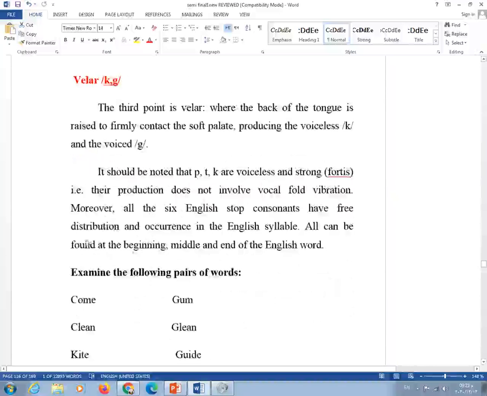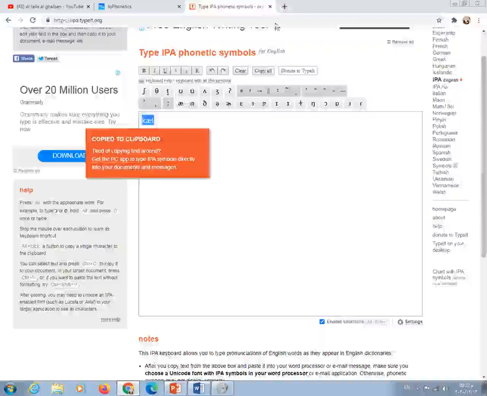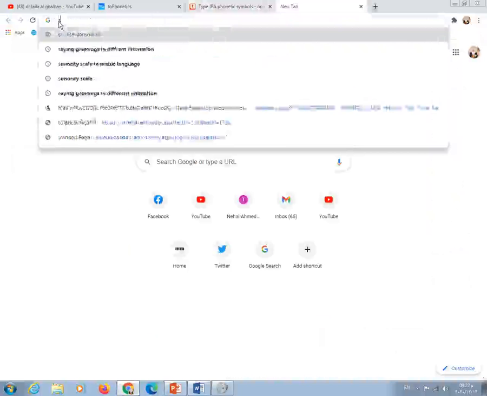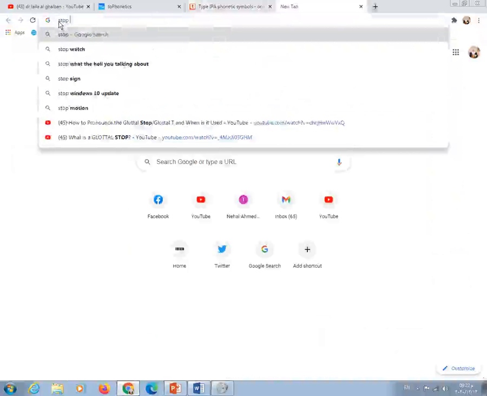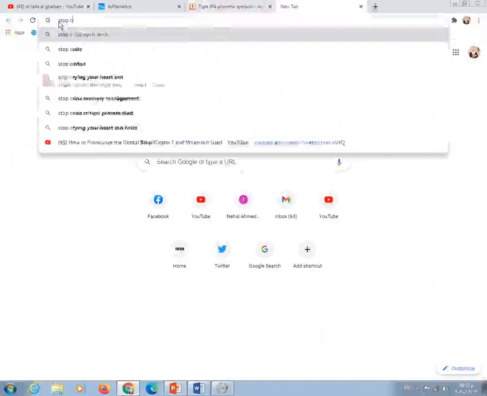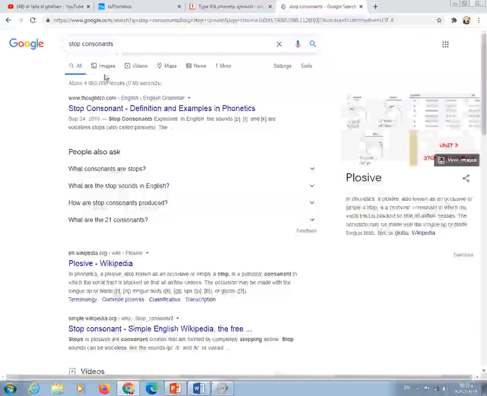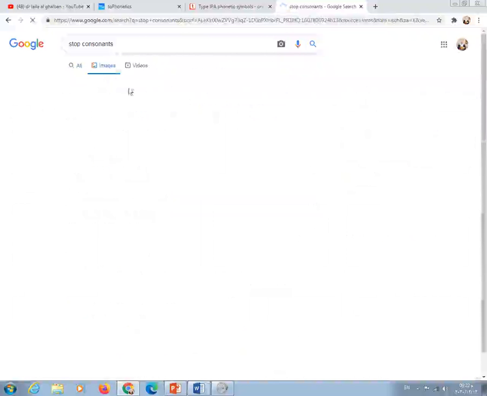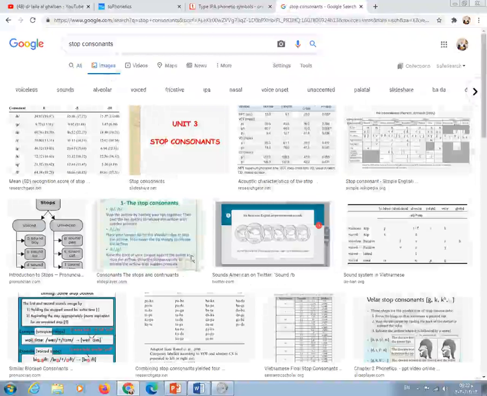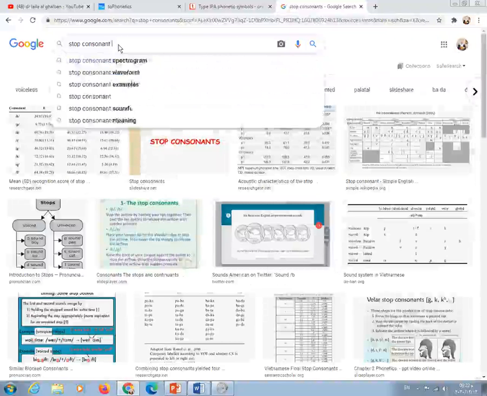I want to show you something. If we go to Google and we write stop consonant, okay, consonants, and we look at the images, I want to show you some production, so, let's say production or pronunciation,